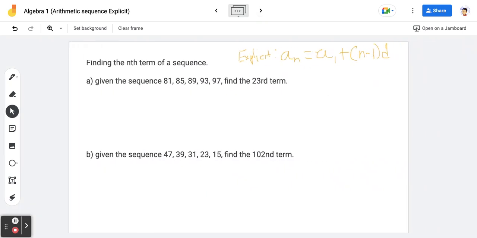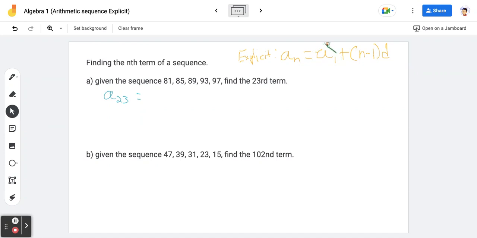So finding the nth term of a sequence, and I'll leave this little explicit formula up here to help us out. If we're given the sequence 81, 85, 89, 93, 97, we want to find the 23rd term. Now we can count on our fingers and toes until we eventually get to that 23rd term. I think it would be easier if we just use the explicit formula. So let's use exactly that. I'll say a sub 23, meaning our 23rd term, is equal to,